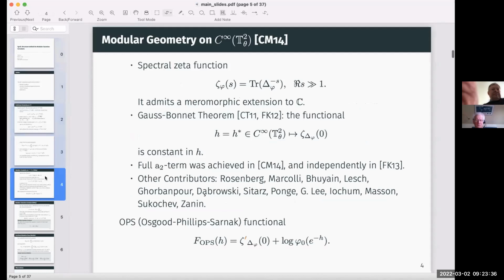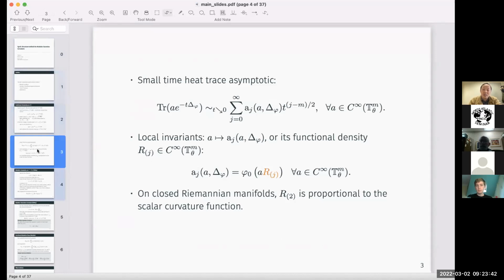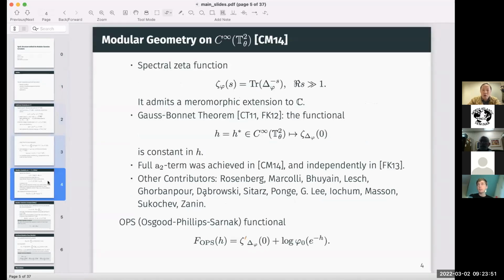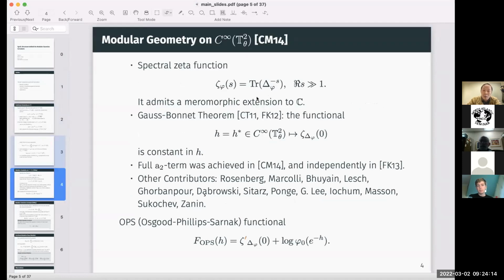By the standard Mellin transform argument, it is like a folklore that the small time asymptotic expansion of the heat trace corresponds to a meromorphic continuation of the spectral zeta function associated to the Laplacian. In particular, let's focus on dimension 2. The second coefficient, the A2 here, corresponds to the value 0 of the zeta